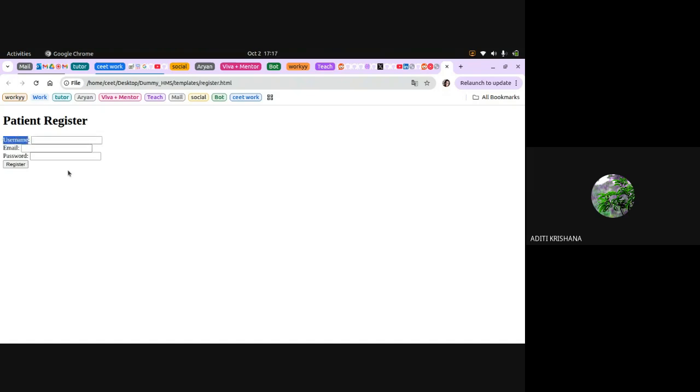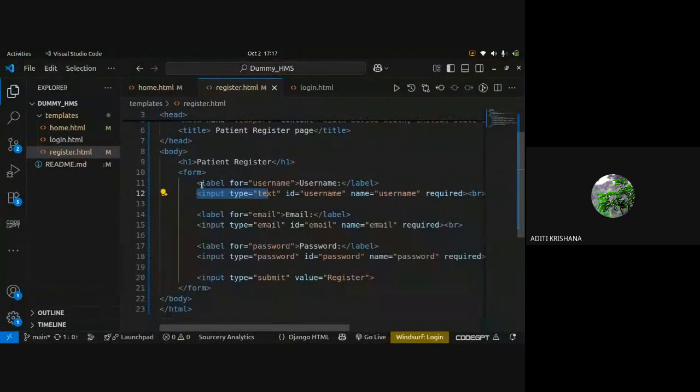The first box has the label username, the second box has the label email, and the third box has the label password. So this is the difference between the use of the label tag and the use of the input tag.